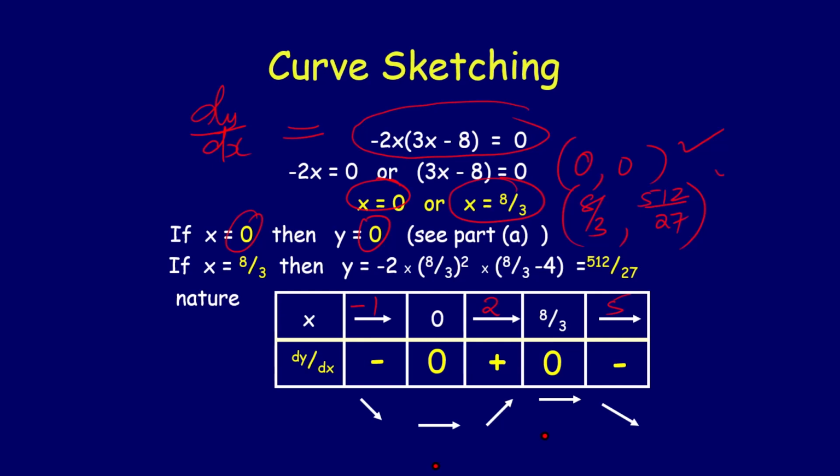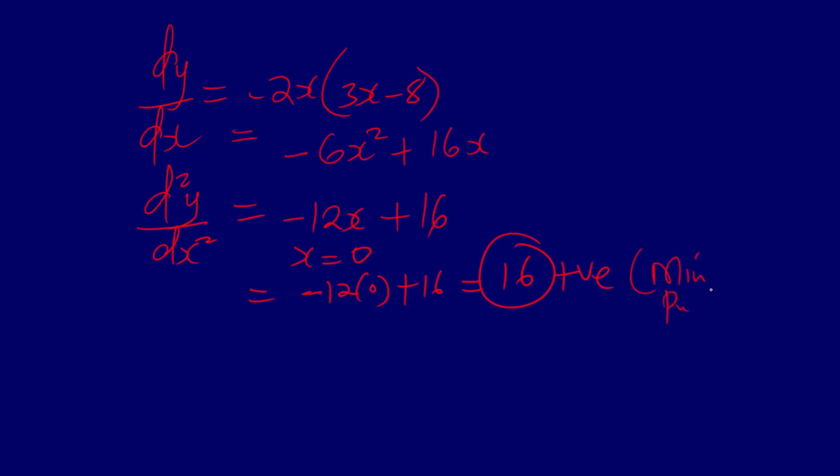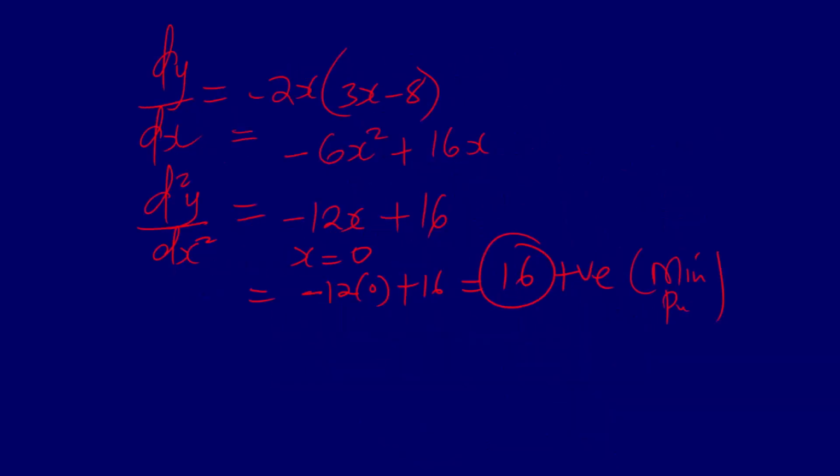So we start with x equals 0 as the first stationary point. So you substitute, you get negative 12 times 0, which gives plus 16. It will give 16. So this is positive. What did we say? If the second derivative is positive, then this one is a minimum point. A minimum point is like this. Then, if the second derivative is